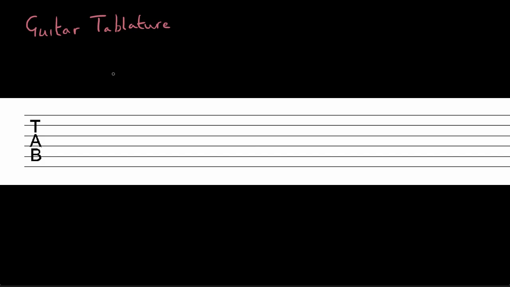You can learn the piece of music purely by listening to that recording, and you can get lots of information about how the music is supposed to sound and a lot of the rhythmic information, so how the rhythm of the piece works, just by listening to a recording. And so guitar tablature tries to just fill in some of the extra information about the music, which perhaps you can't get so easily from listening to a recording.